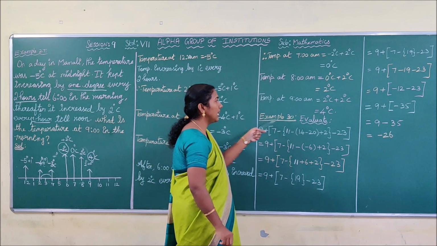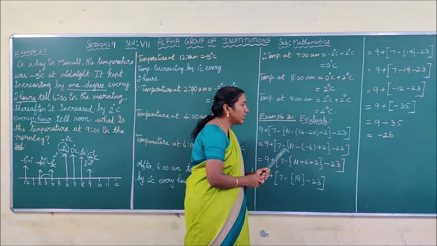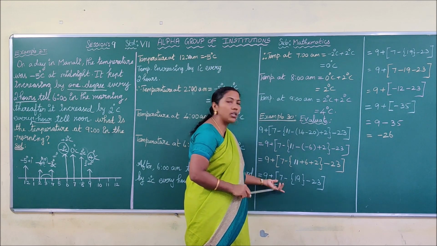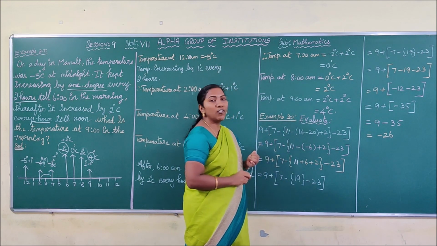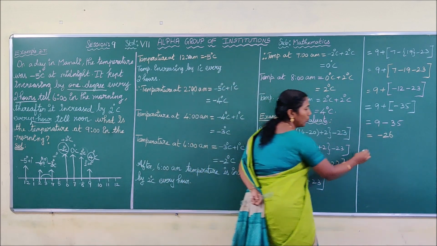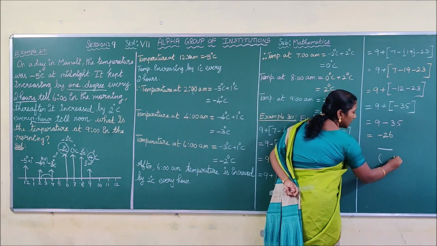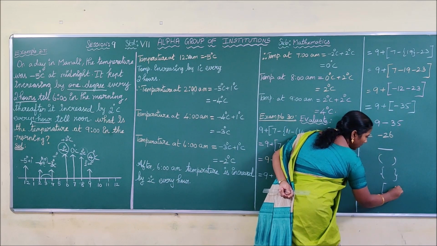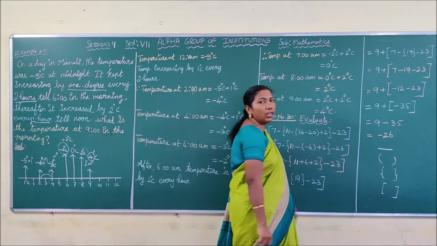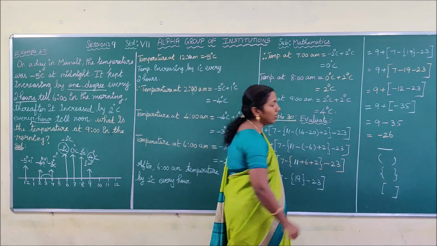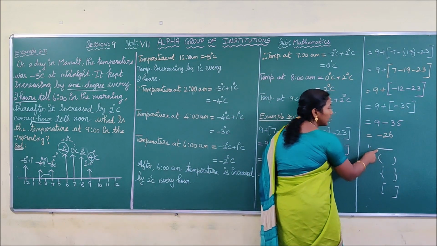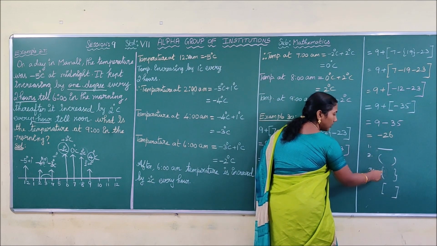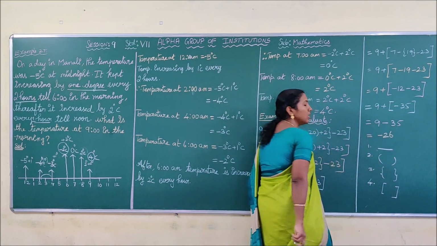Next, we are going to see example 30. See dear children, this is a very important sum. In the 6th standard itself, you have done this model sum. Okay. What are the types of brackets we have? I already told you: vinculum, simple bracket, curly bracket and square bracket. And what is the order of operation in opening them? First you have to evaluate the vinculum, second simple, third curly bracket, fourth only square brackets.